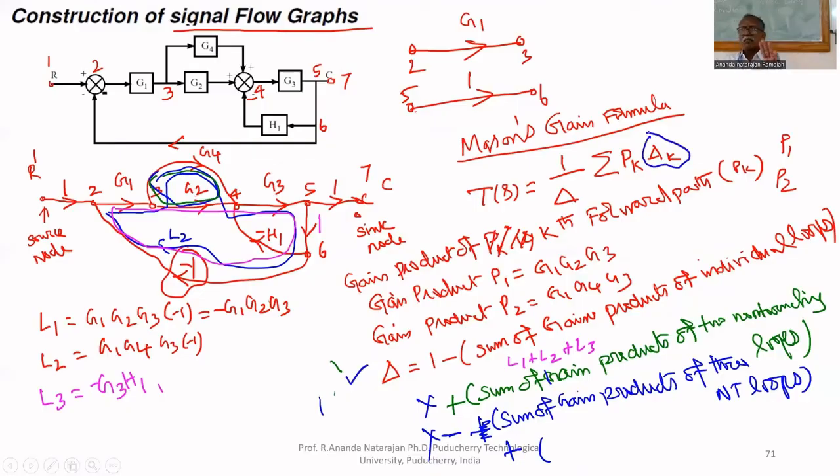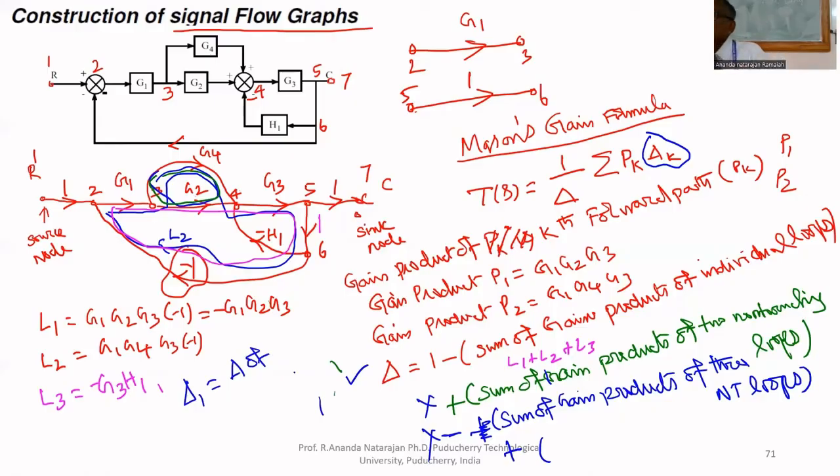In that formula, we have two forward paths, P1 and P2. The forward path gains are G1, G2, G3 and G1, G4, G3. But what is delta K? How many Ks are there? Only two Ks, delta 1 and delta 2, because there are two forward paths, P1 and P2. Delta 1 means the delta of